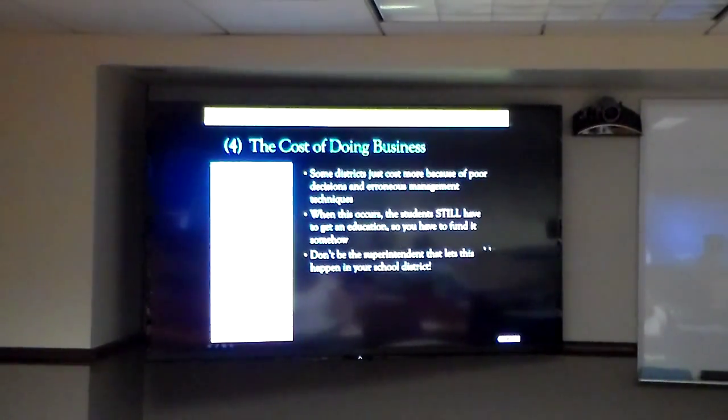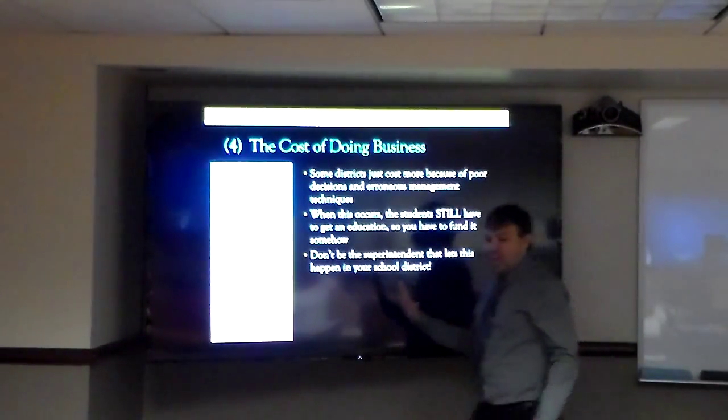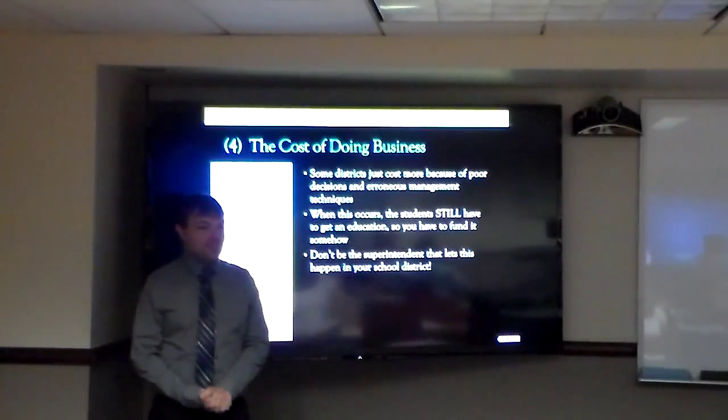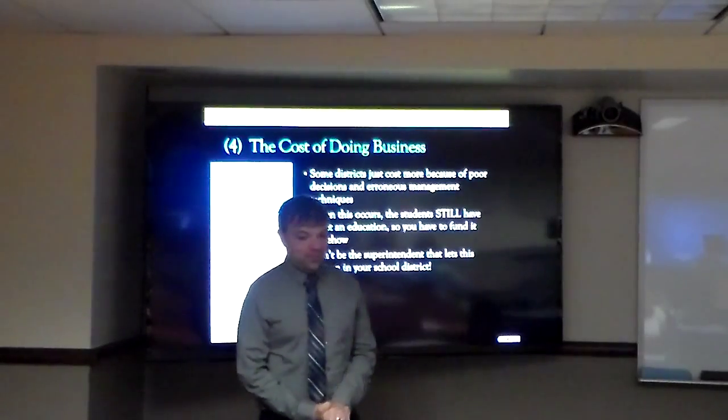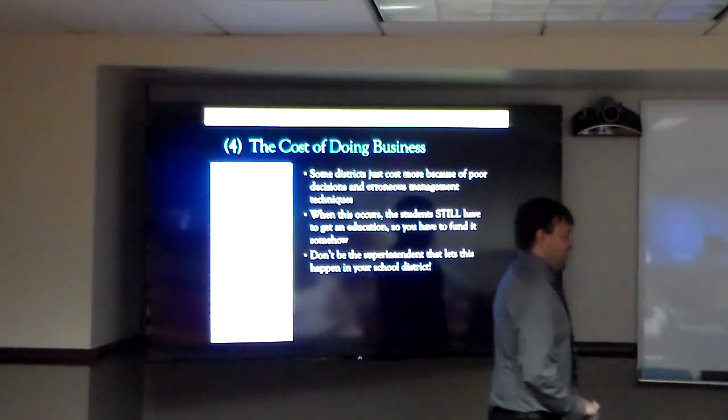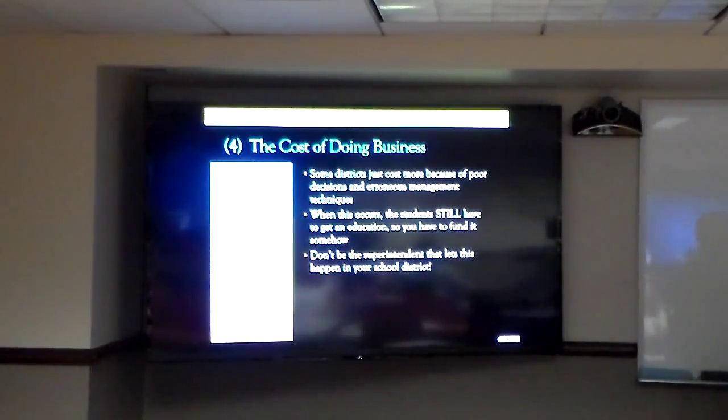So here's the problem that happens. You're 58, 59, 60 years old and you have enough years to retire. Can they get you for anything if you retire, if you made those decisions? They could go after you civilly, but most districts aren't going to pay the price of doing that. They're not. So what tends to happen is the cost of doing business happens to be whoever the next superintendent is, they get stuck with